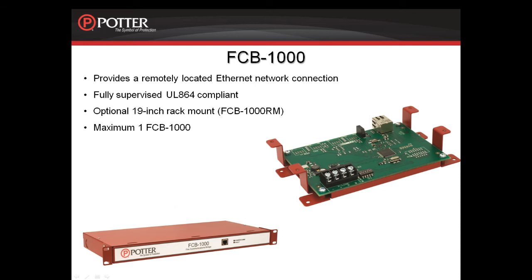All of the PFC-6000 series fire alarm control panels support one FCB-1000. This card provides an optional remote network connection for IP reporting to a central station. This card is fully supervised by the fire alarm control panel and is UL 864 compliant. This card can mount in the PFC-6000, 6200, and the PSN-1000, as well as the expansion cabinets. It can also be mounted in a 19-inch rack mount. That mount is optional, and that part number is an